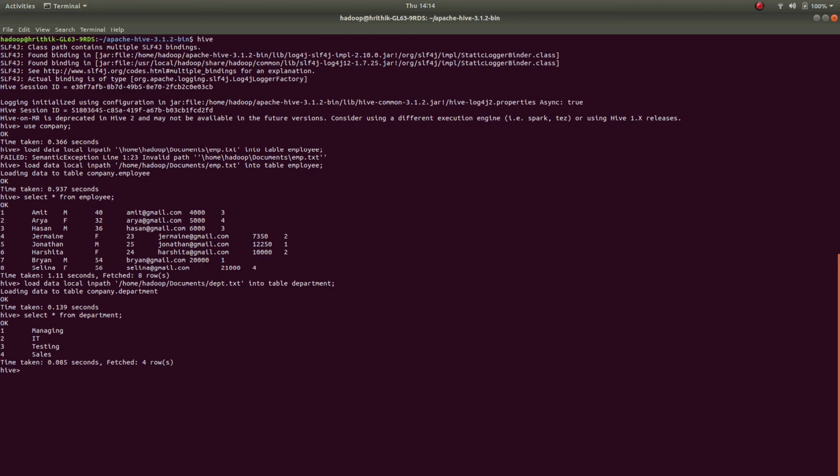If you want to know the details of the people who are less than 30 years old, then you can select e-name, comma, ID, comma, salary from employee where age is less than 30.